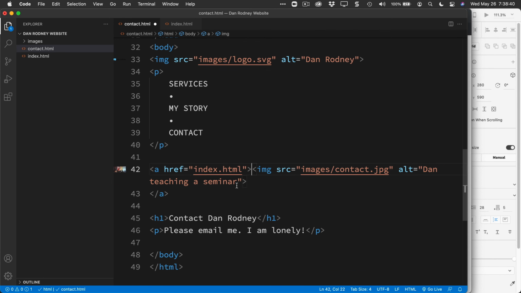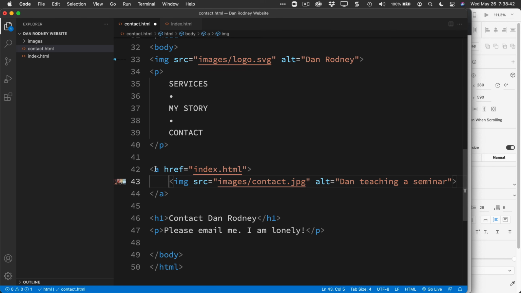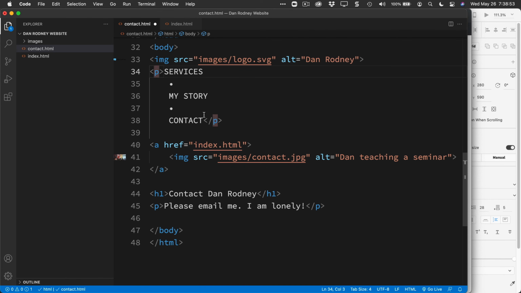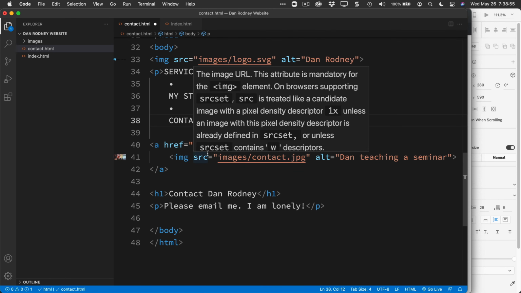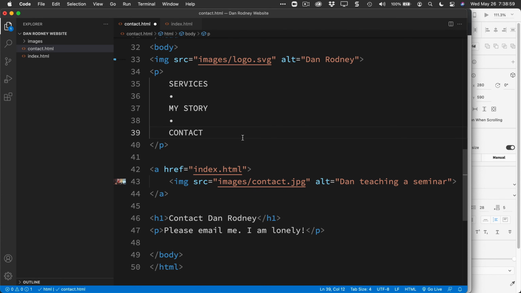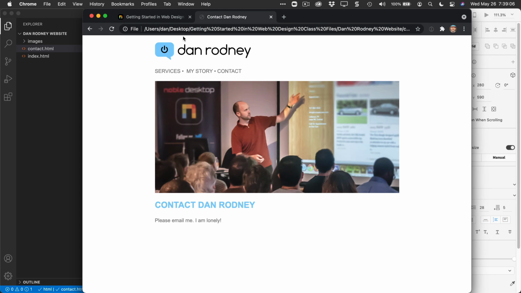But sometimes when you have something inside of something, it's nicer to have your start and your end so that you can clearly see the beginning and end. If you tucked it in like this, it would be easier to miss your start and your end tags. HTML doesn't care. It's fine with that, but it makes it easier for us to code if things are on different lines to kind of see the structure of our page. So I'll save that, come back, hit refresh, and now I can click the